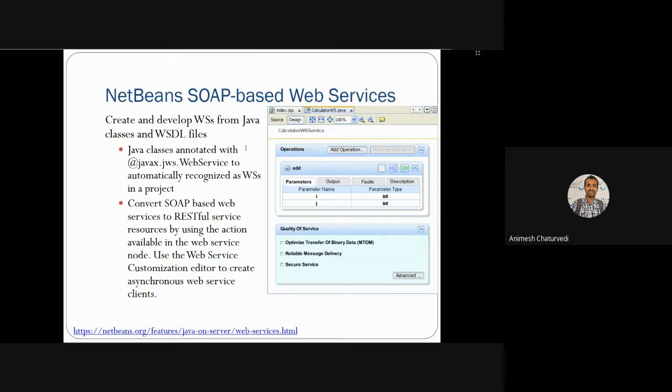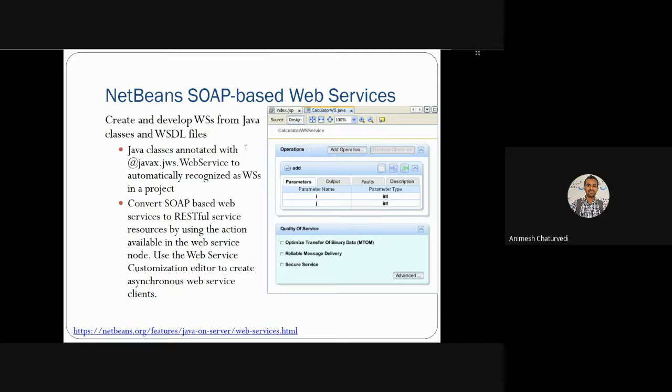Then you have the NetBeans SOAP based web service. This is an example of a calculator web service that is written in Java, and you have this type of SOAP based web service development. You can add operations with just this button.